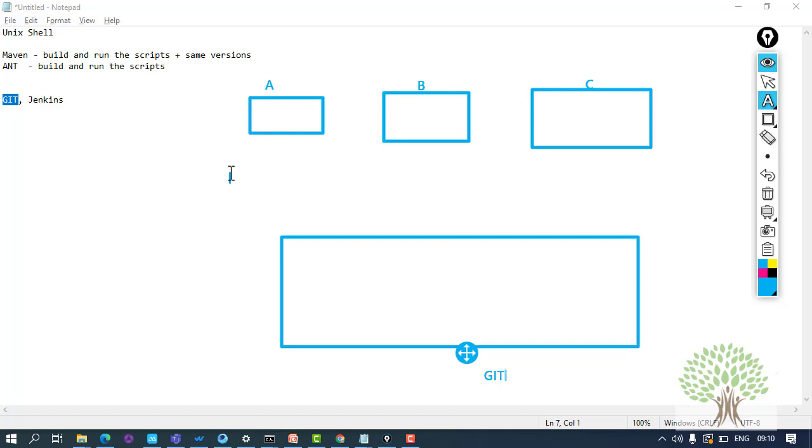But there are problems in this. Suppose I have the code lying over here, and team member A gets the code on his machine. Along with it, B also gets the code on his machine. A does not know that B is changing the code, and B does not know that A is changing the code.